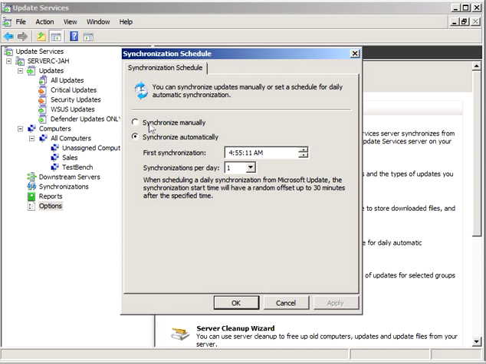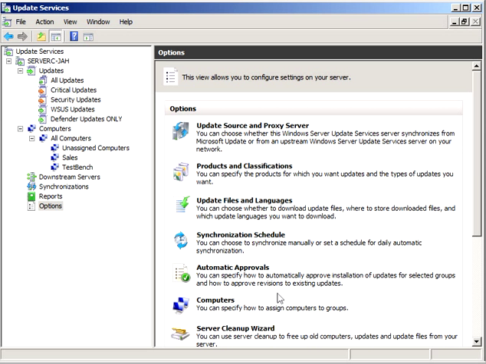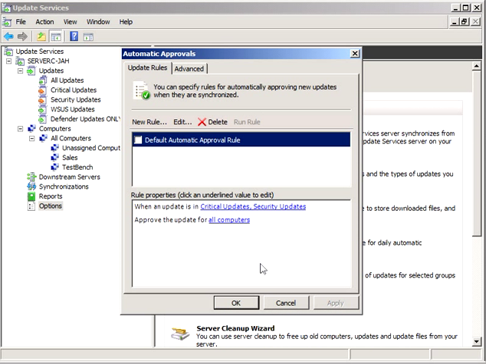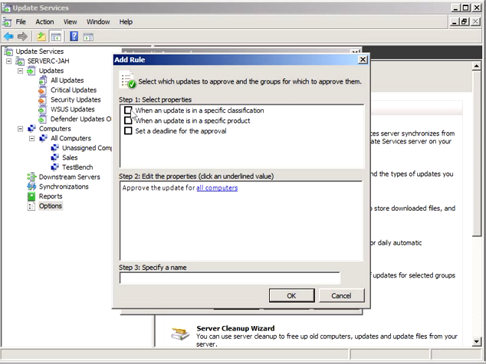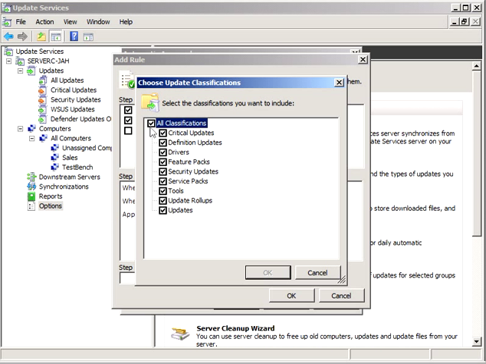Automatic approvals. By default, no updates are automatically approved, but you could check this box to say, listen, if anything comes in that's critical and it's a security update for all computers, go ahead and automatically approve that. We could do that just by checking the box. Or we could make a new rule that says, hey, when we have this same thing for maybe critical updates only for just, let's say, Windows 7 machines,